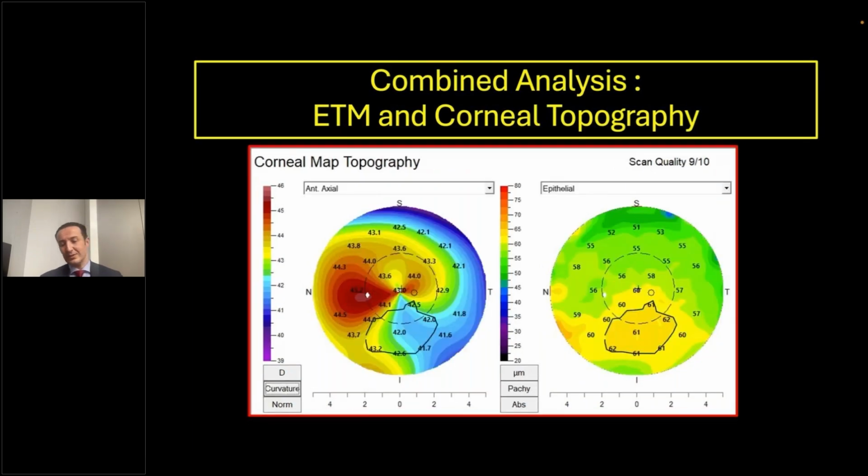And on the other eye, the same thing. You can observe the hyperplasia and you make a superposition of this hyperplasia area directly on the corneal topography, explaining